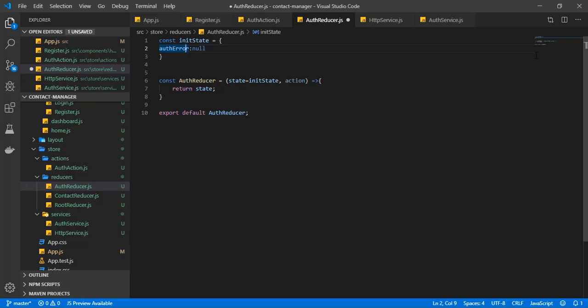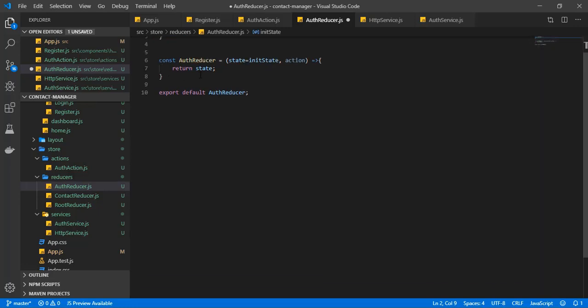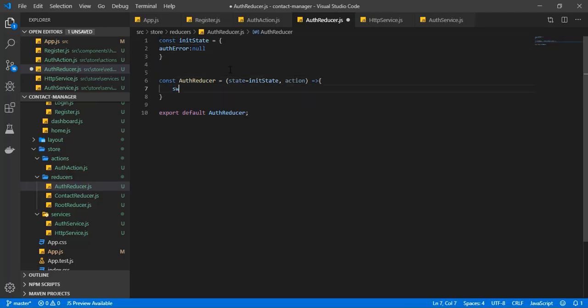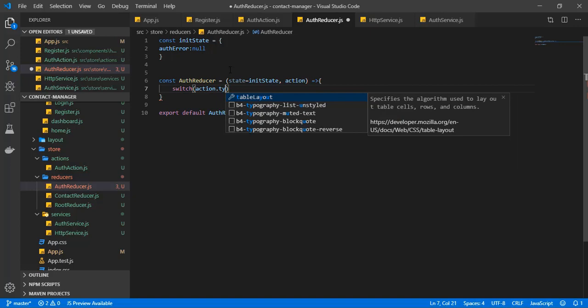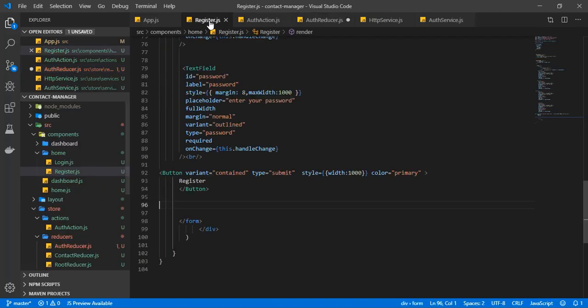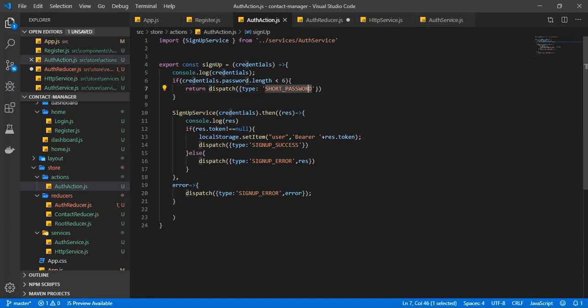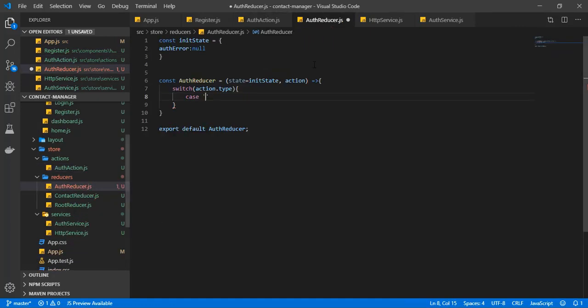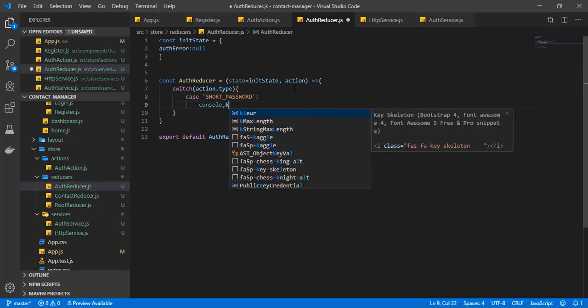Okay, so now that we have done this, we have actually defined our reducer, and we're going to get rid of this because now we have things to work with. So I'm going to go with a switch statement, and I'm going to say if the type of the action that is being dispatched is, we're going to do a case here. So, let's get back to our auth actions, where we are dispatching the actions. So if the type of action that is being dispatched here is short password,